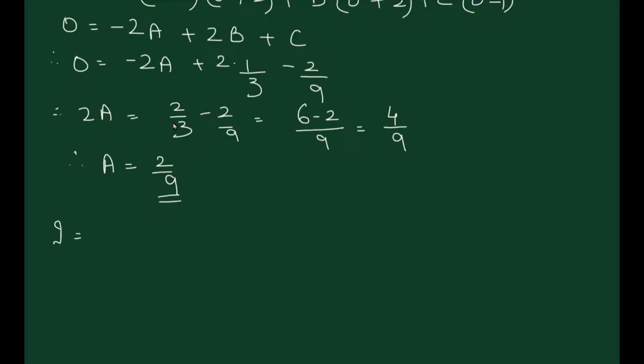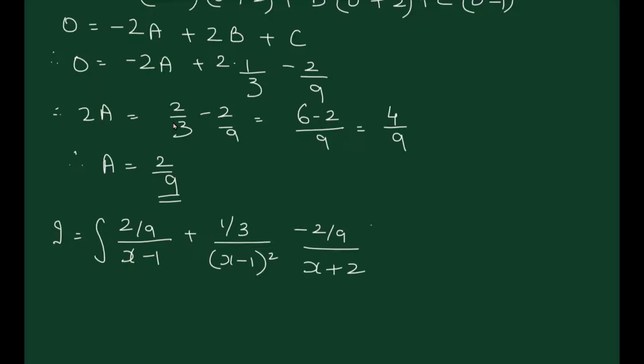So our integral becomes the integral of a upon x minus 1. So we get 2 upon 9 upon x minus 1 plus b upon... Now b is 1 upon 3. So 1 upon 3 upon x minus 1 the whole square and plus c upon x plus 2. Now c is minus 2 upon 9. So we write minus 2 upon 9 upon x plus 2 dx. And therefore we get,